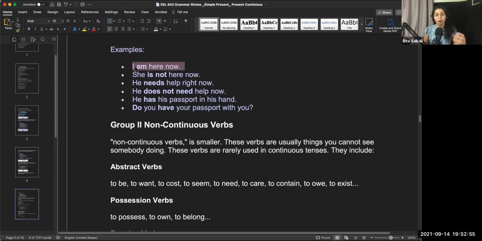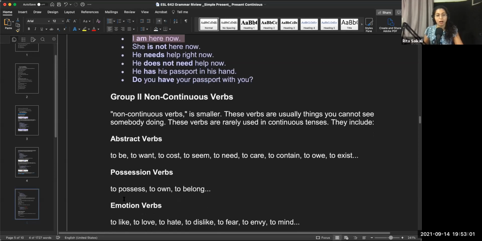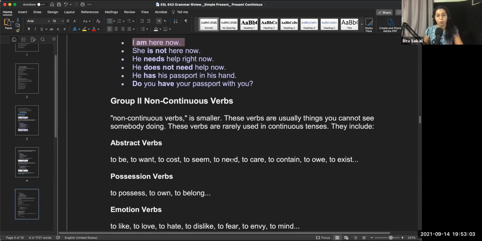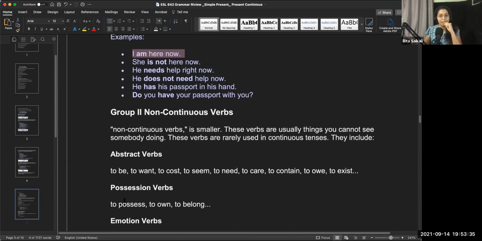But with verbs that we cannot really use -ing with, like cost or seem or need or care or contain, which we can say, like it's containing something, but we generally don't. When we use now with these verbs, we can't say I am being here now. That doesn't make sense. Or he is needing help right now, which is something you can a little bit say, but